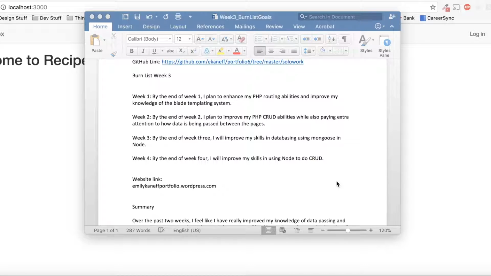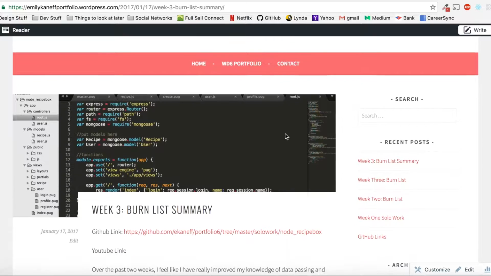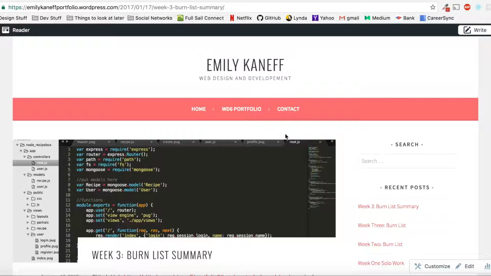By the end of week 4, I said that I want to enhance my Node CRUD capabilities because it is slightly different, and there are some things that are a little bit more complex, and doing databasing in Mongoose will also help move my CRUD thing along because I will need to use it when doing that. So just to do a quick run through of the portfolio site that I have going,